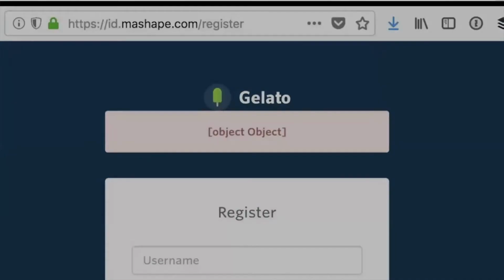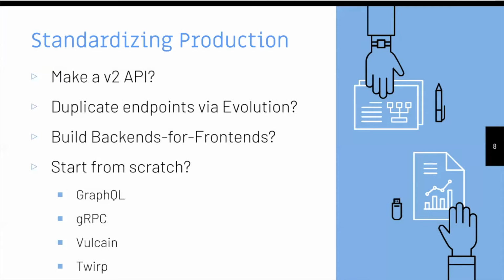So there's a lot of wonky things that can happen with inconsistencies, and there's a lot of different ways people go about standardizing. We're going to get to API style guides real soon. But before that, some of the things people try is they say, we'll just make a version 2 API and this one will be perfect. Or if you're already on version 2, you make version 3 and this one will be perfect. And it never really works out like that.